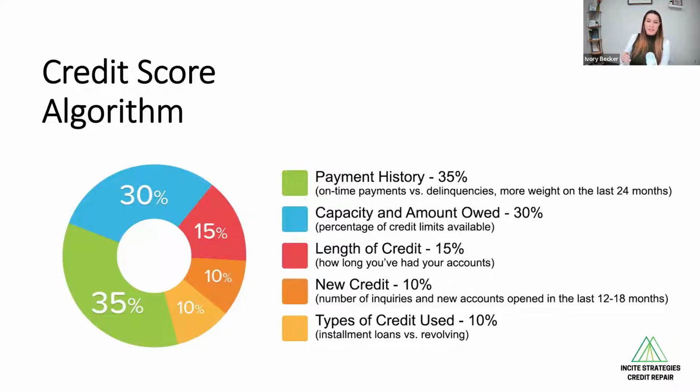If you've ever seen a score drop pretty dramatically after the closure of an account, it's because all of a sudden the length of the open accounts has been adjusted. Once that account closes, it's now not considered as far as the average age of the open accounts on the report, right? So if you close an account that was open for 15 years